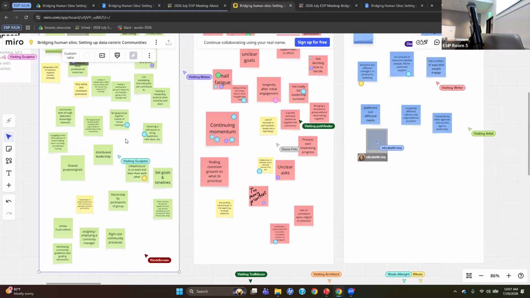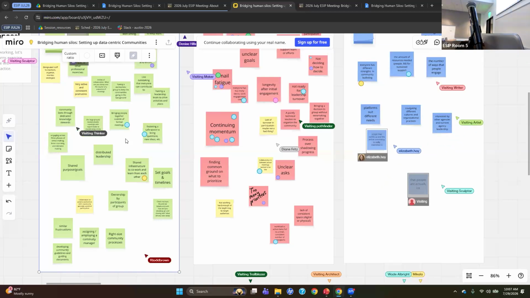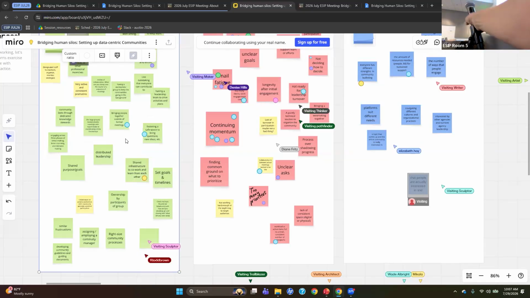is pretty difficult. Amy, did you see some ones that you wanted to emphasize? I saw several that I feel like I share. And I would love to hear more about the unclear asks and unclear goals, like what sort of community of practice that was. I don't know if the person who wrote it wants to speak up. If not, that's okay. You don't have to. Yeah, I would love to hear your perspective on that.